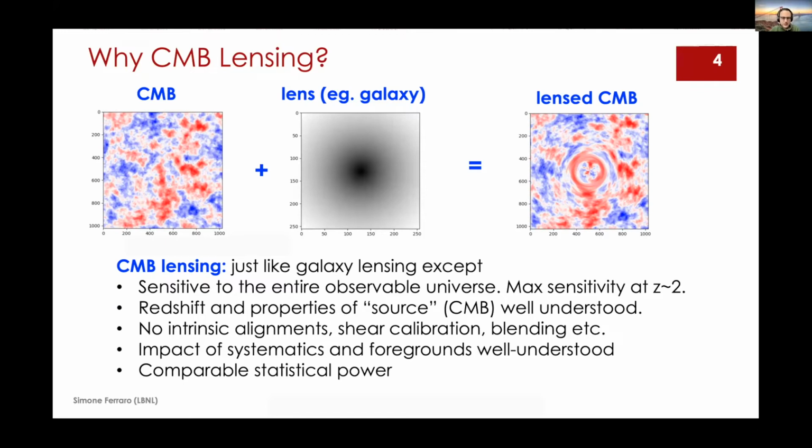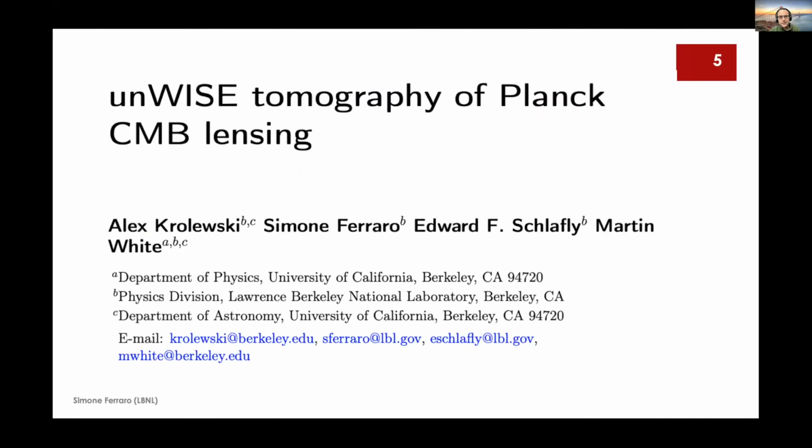as we shall see. So I think this is a very useful probe, since we have this tension. It's like, can we say anything using CMB lensing rather than galaxy lensing? Okay. So let me first of all talk to you about this paper a couple of years ago, which is